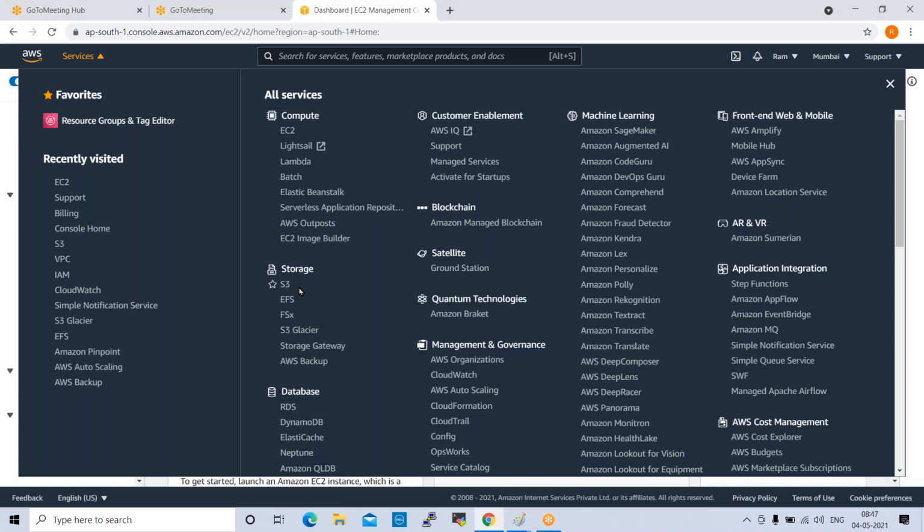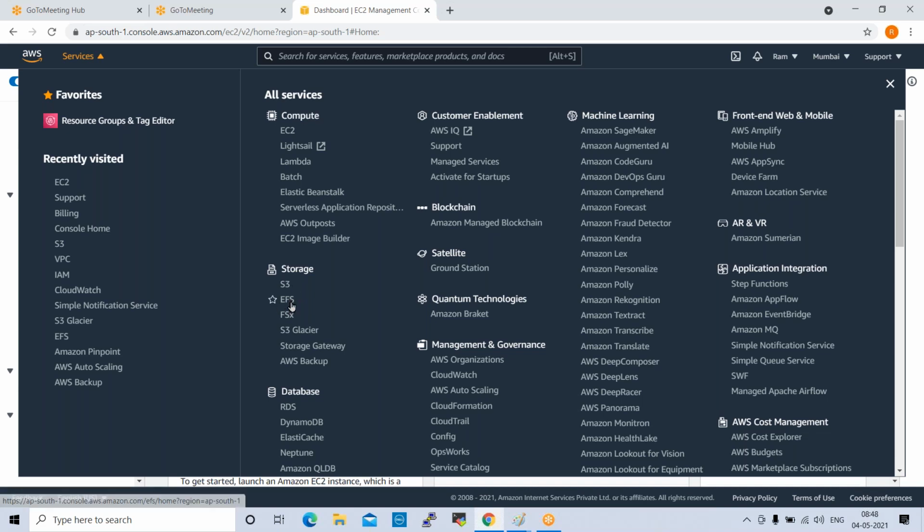So in Google Drive, you can upload files, you can download files, you can edit files. The same way, S3 also will work here. S3 is a global service, right? So when you create an S3 bucket, you can access it from the APAC region, Americas region, and Europe region. From wherever you want to access, you can access these S3 buckets.